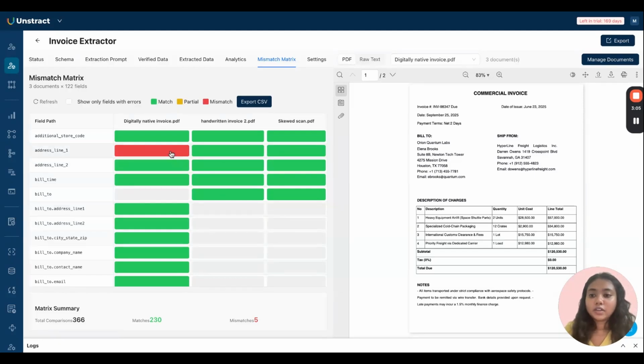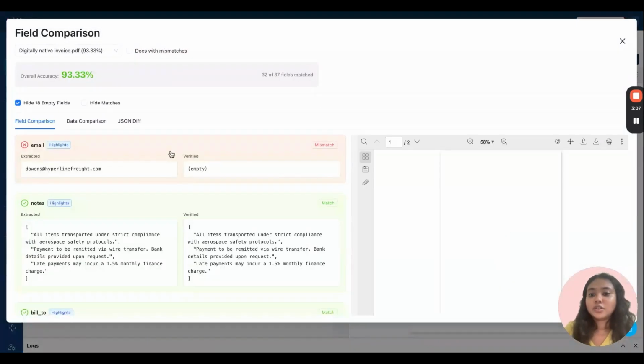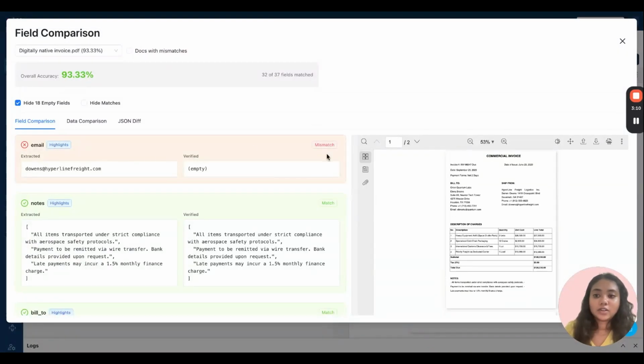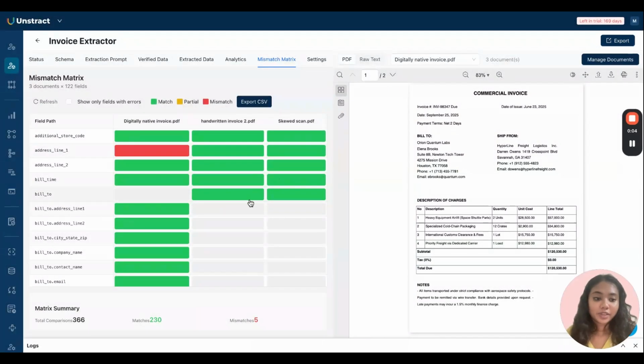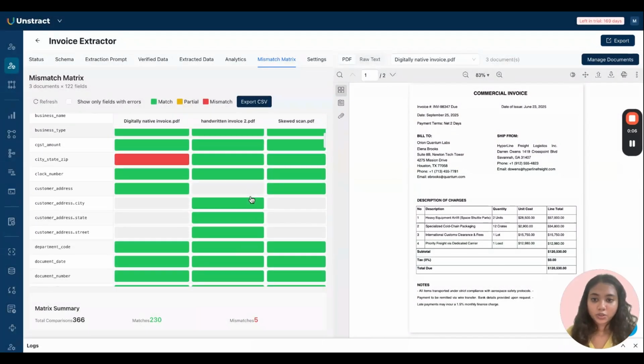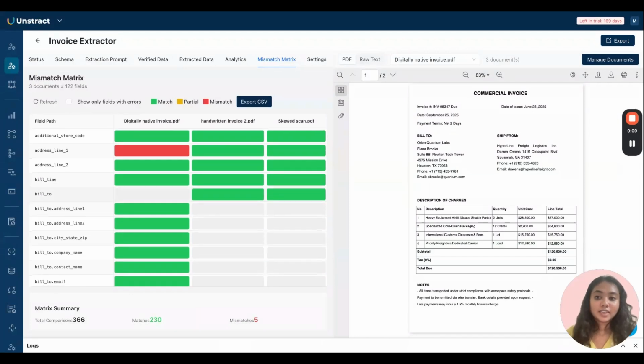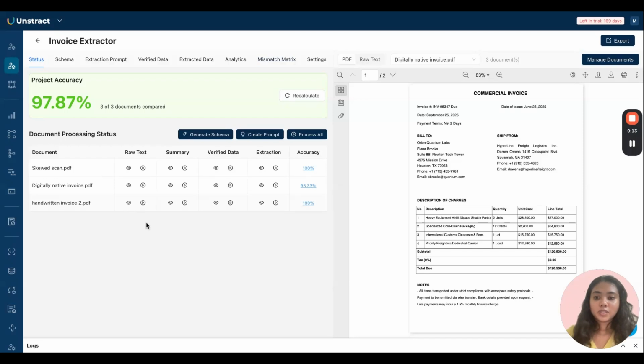So if I click on any of these mismatches, for instance, I can drill down into the exact data that was extracted incorrectly. So that sums up what can be achieved with the Agentic Prompt Studio. And we looked at the three initial components of prompt engineering when we got started. So we saw that the three goals were to define the schema, the extraction prompt, and also perform validation of the extraction output. And this is how all these operations can be automated with the Agentic Prompt Studio.